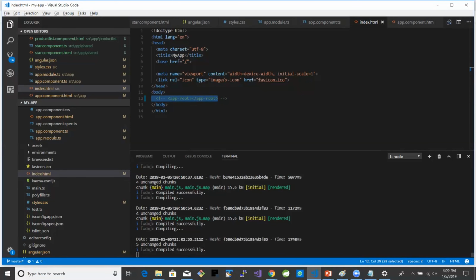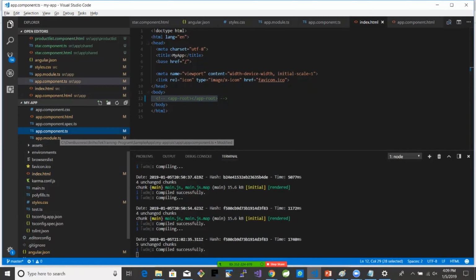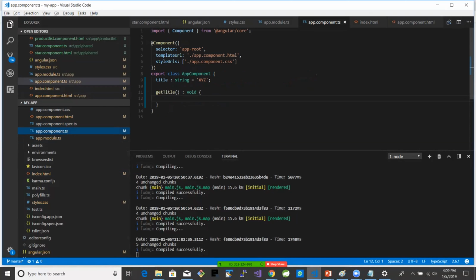Okay, so you're not getting anything on the screen. I commented it out. My point is that app-root is a selector, and that selector we commented out. So now nothing is shown on the screen. You can see that I'm not seeing anything. That app-root, which was in the component in the app.component.ts file, by default was supposed to load. When you say app-root as a selector, it's supposed to load